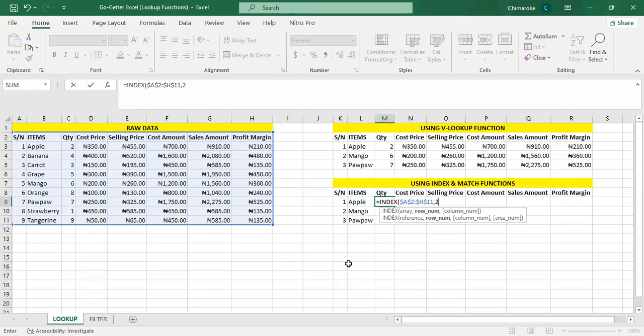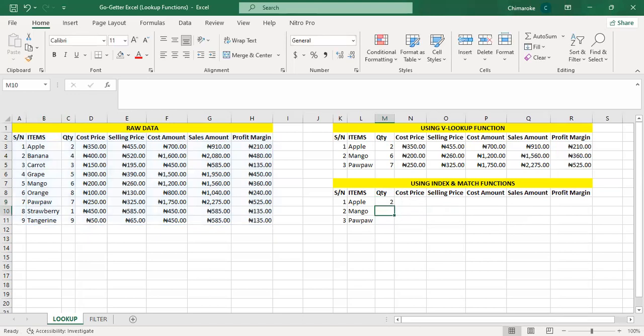Then I go to the next argument, column number. Which column am I looking for? Quantity. This is the first column, this is the second column, and quantity is the third column. If I write 3 here, then close the brackets and hit enter, I get my desired